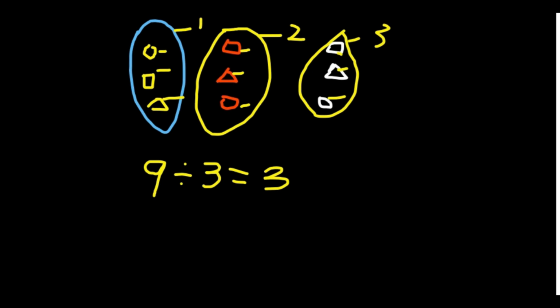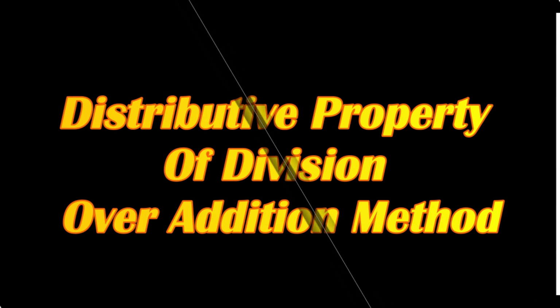Let's take a look at another aspect. This aspect is what we call the distributive property. Distributive property of division over addition method. So let's take an instance of having 24 to be divided by 4. Then using the distributive property, 24 divided by 4. So in here, we can expand 24 as